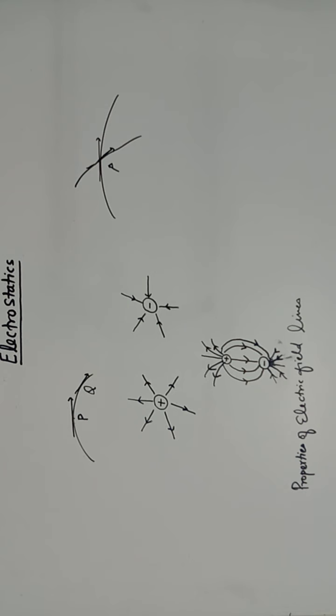So, in the board examination, they will ask a maximum of two properties, and this problem is of 1 mark. Normally, the question comes: at a point P, two curves are intersecting, two electric field lines are intersecting. Is it possible or not? And you have to give the reason why they are not intersecting. So these are the electric field lines. Understand?